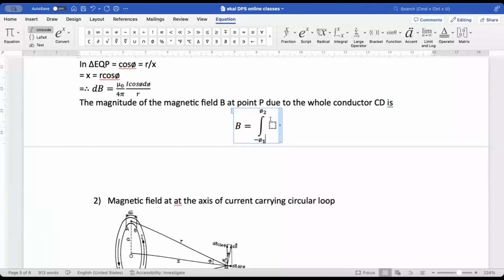Here we have mu naught by 4 pi, I by R, cos phi d phi. Right? So integration of this will be